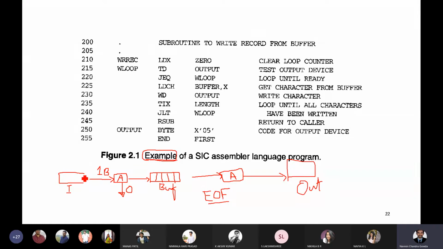Suppose, while reading the data, my dear students, the first character itself is zero. It means that you are not going to continue any reading process. So what is read from the input device? It is null. Nothing is read. So at that time the buffer is empty, there is nothing in the buffer. At that time also, you will be writing data to the output device. But what will you write right now? You will be writing only EOF.